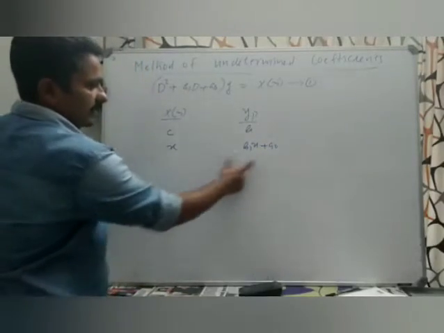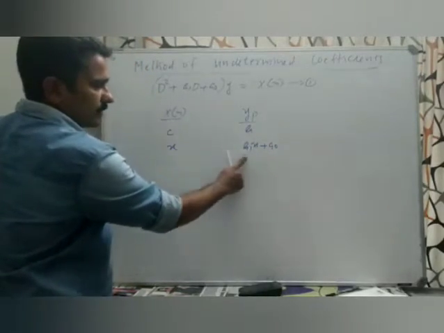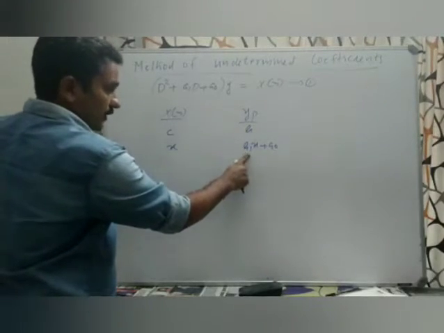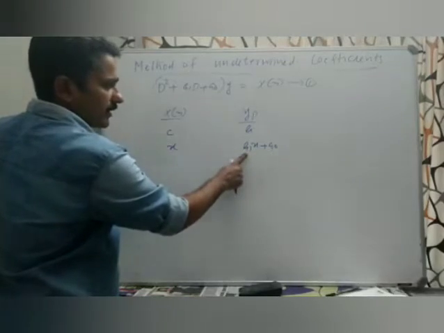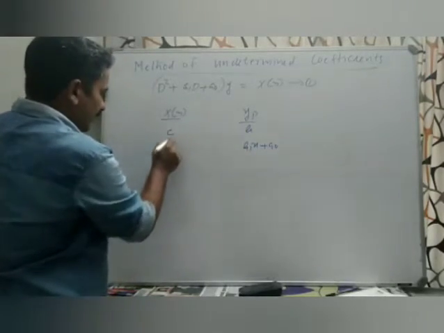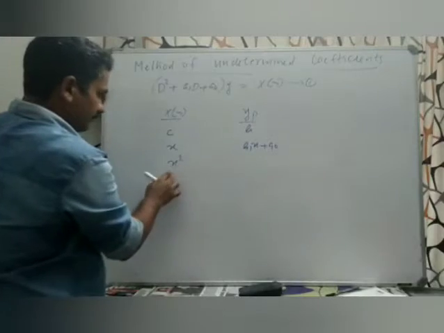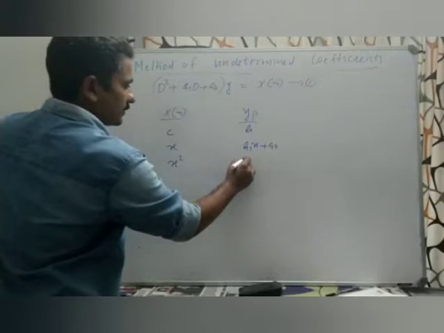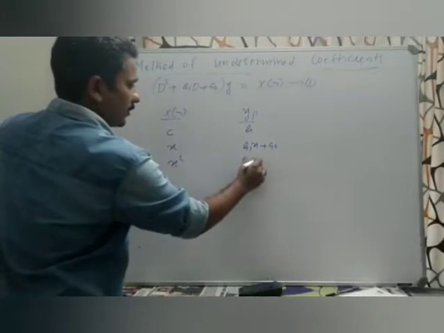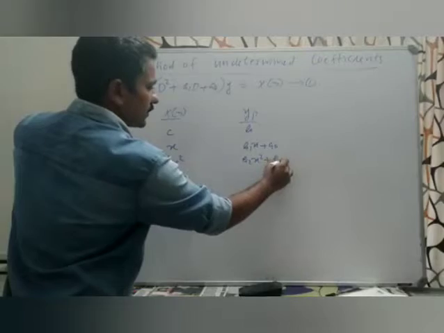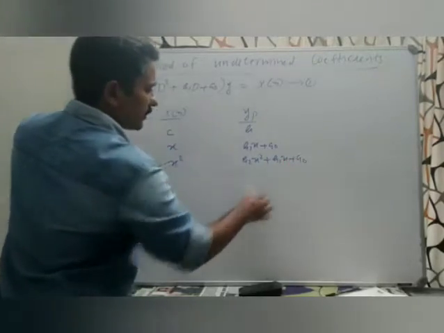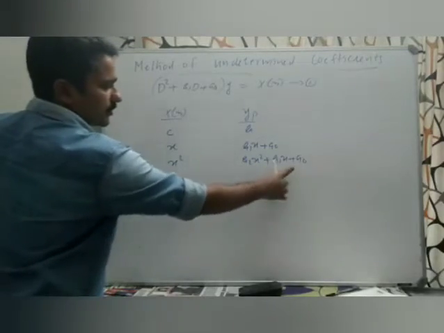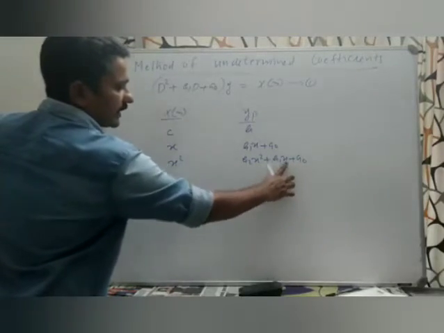That means if this is x, you will get a linear expression. So here actually we are supposed to determine these two coefficients a0 and a1. All right, and if the right hand side is x squared, then we can write the particular integral as some a2x squared plus a1x plus a0. So here we are supposed to determine the values of these three coefficients,